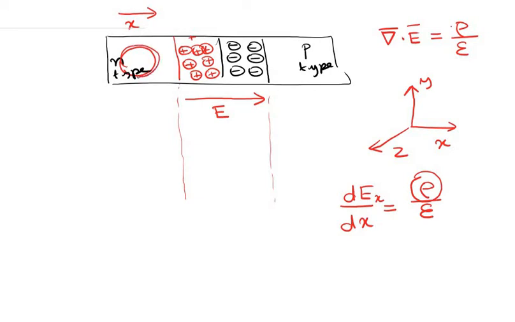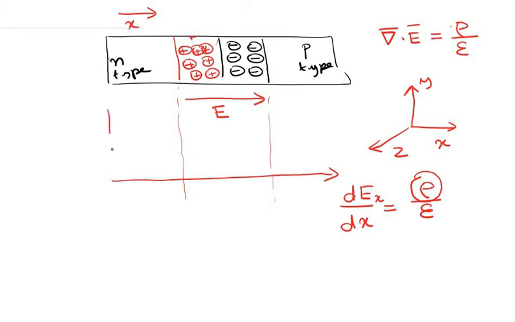If there is an electric field, the charges would move around, and this would give rise to unbalanced charges here. So this neutral region just outside the depletion region is neutral, and there is no electric field over here, and similarly there is no electric field over here. So this electric field starts to develop as soon as we enter the depletion region.